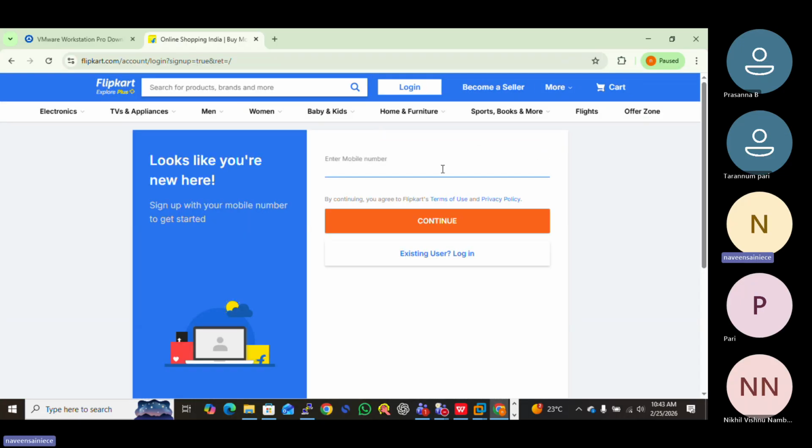So a new user signs up, then this type of dynamic application uses a database. And now every web application, listen carefully, first part is front end, another part is back end.